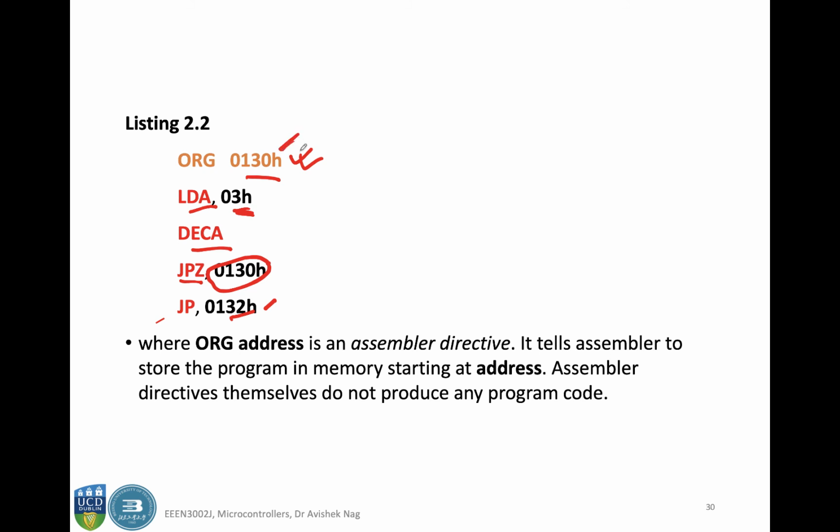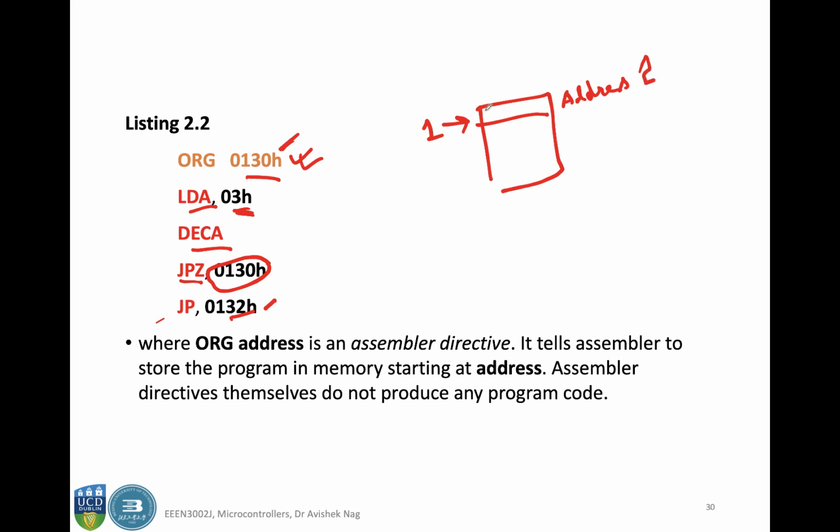This tells the assembler to store the program in memory starting at this particular address given here. So ORG 0130h tells the assembler that the starting location, let's say this is my address 1,